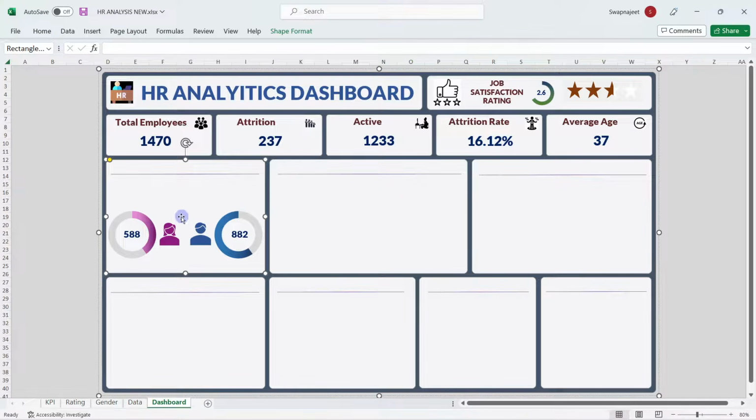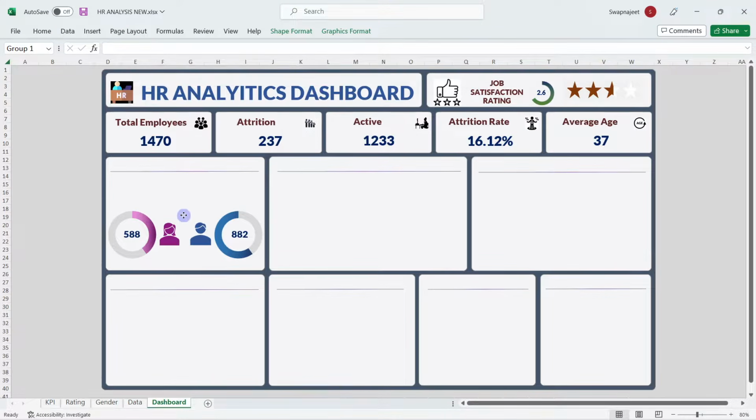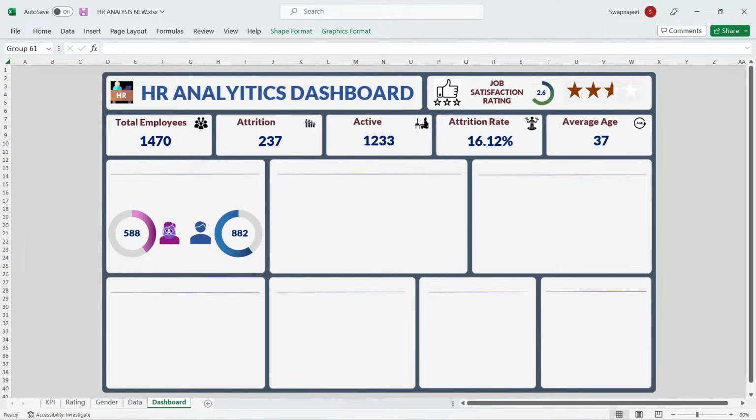whenever we are moving, if we want to move this element, we can simultaneously move all the other elements as well. So this is the advantage of grouping. Always work on grouping because once the objects are created, group them so they will not move here and there if you're moving them individually. All right. Then we want to add a slicer over here. Before that, we will add a